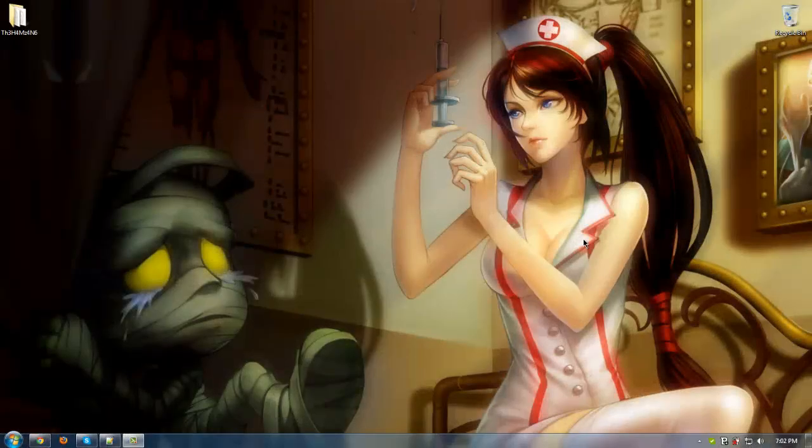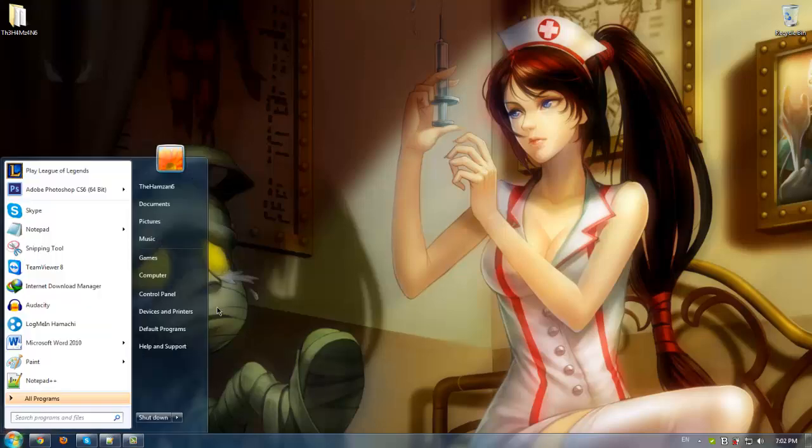So the first method is about disabling unwanted Windows 7 visual effects. Now what we're going to do is tweak our UI and disable the Aero theme. What the Aero theme is, it gives Windows 7 the eye candy looks. For example, as you can see over here, my start menu and taskbar have a really nice